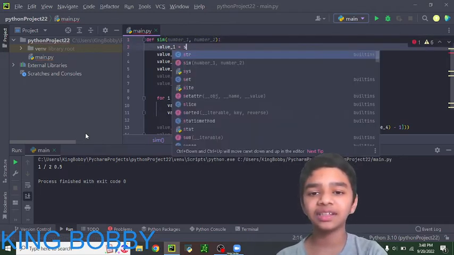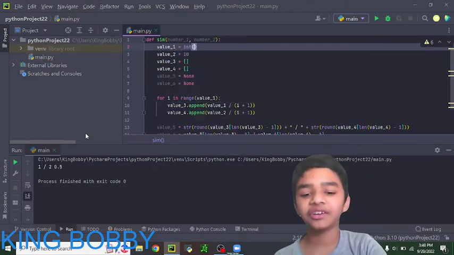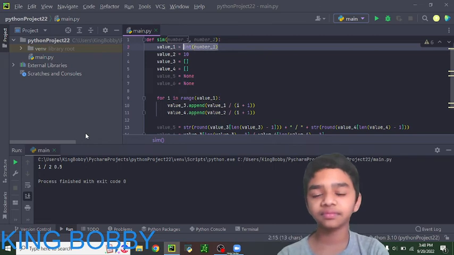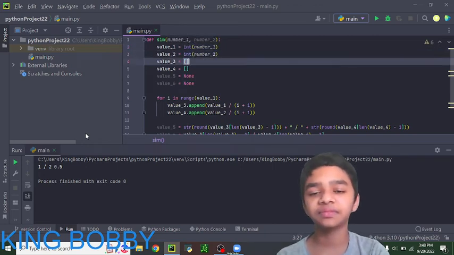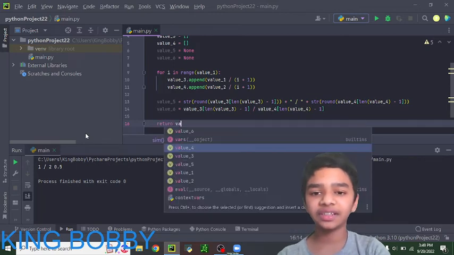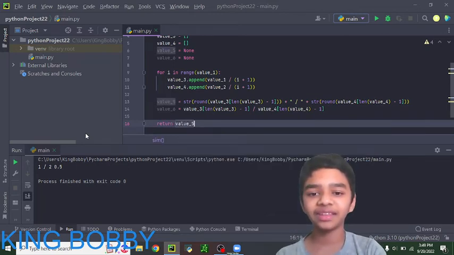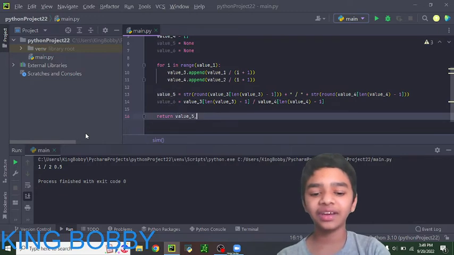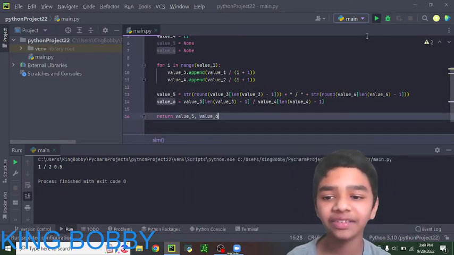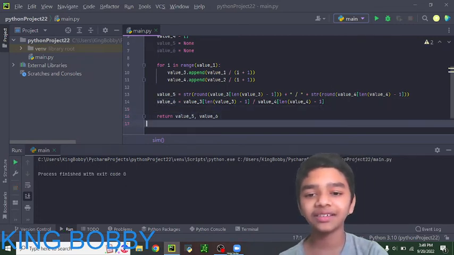Then value 1 will be equal to number 1. Same with value 2. Then we'll return value 5 and value 6. Then once we run it, we get nothing. So we have to print